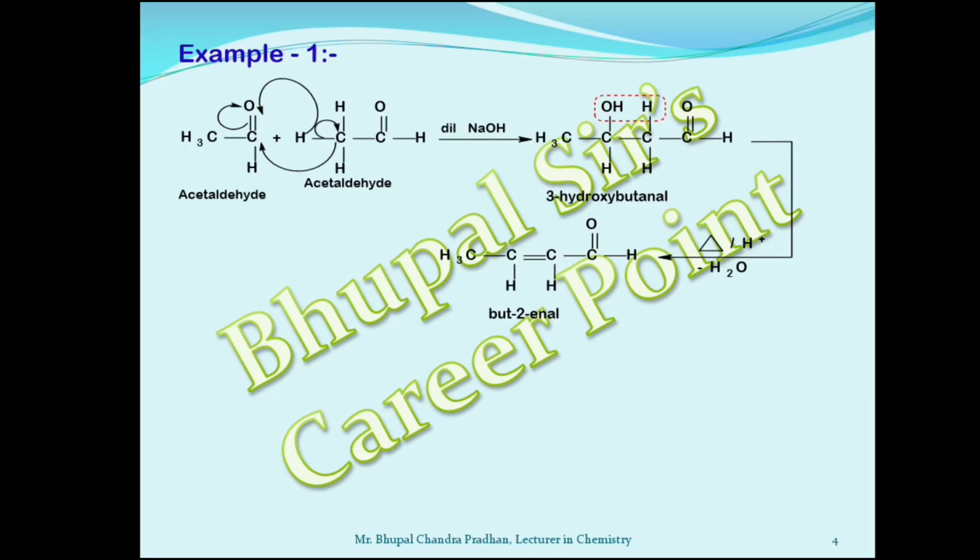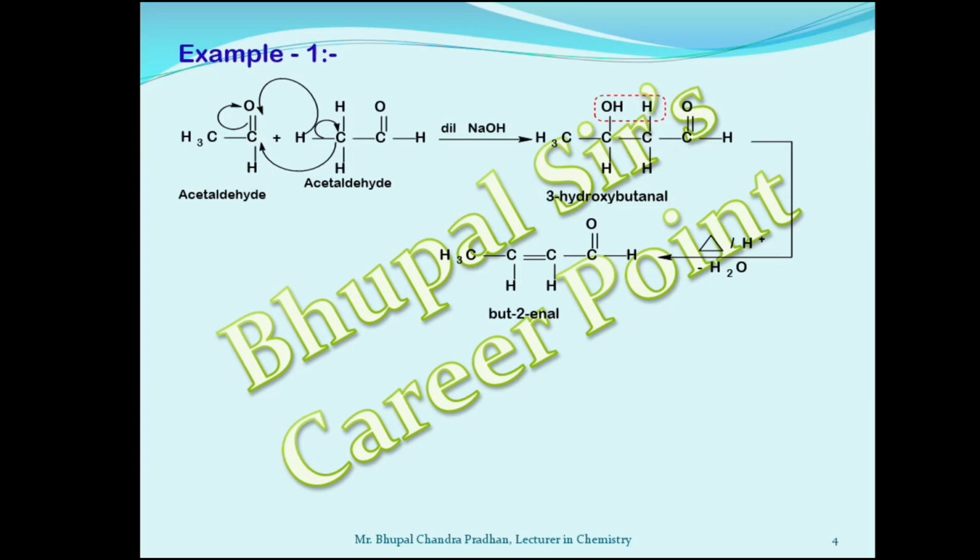So we get, acetaldehyde condensation in the presence of dilute NaOH gives beta hydroxy, that is 3 hydroxy butanal formation. We can say also 3 hydroxy butan-1-al, which on heating with an acid loses one water molecule to give